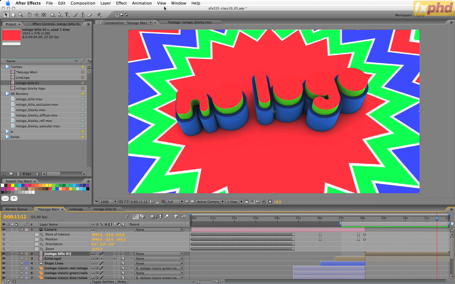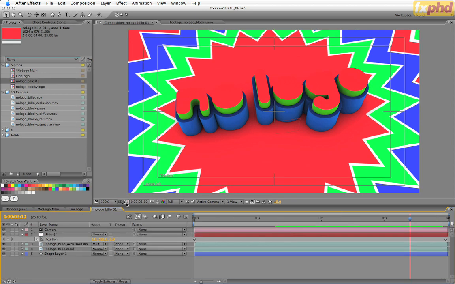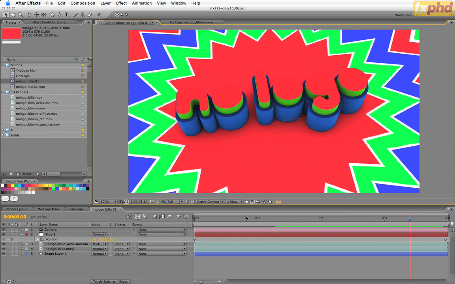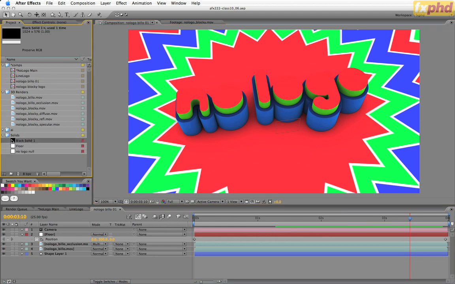Now that bit's complete, I'm going to go back and add in a couple of little extras to some previous parts of this animation, and then I'm going to get it ready for output. Before I do that though, there's one other thing I want to do to this 3D shot. I'm going to add a slight vignette to it, just to bring the focus into the centre slightly. Nothing too taxing, so I'm just going to drag on my black solid,